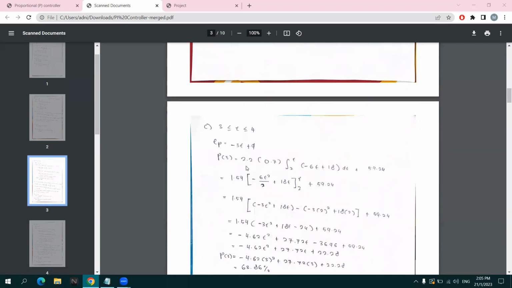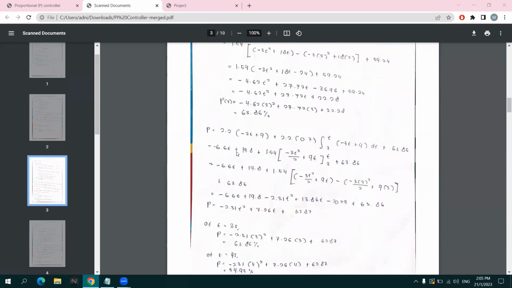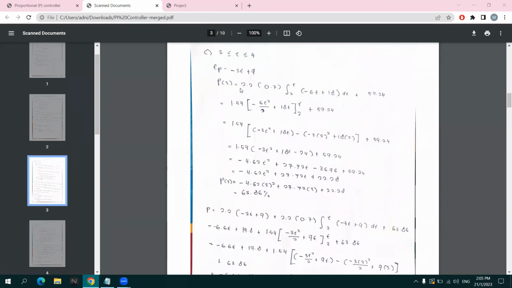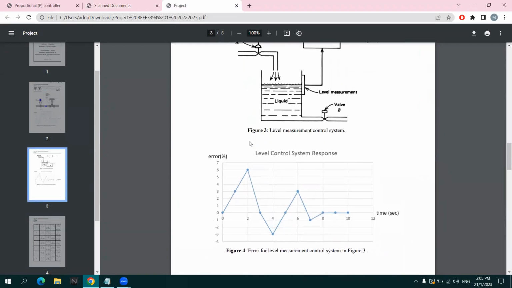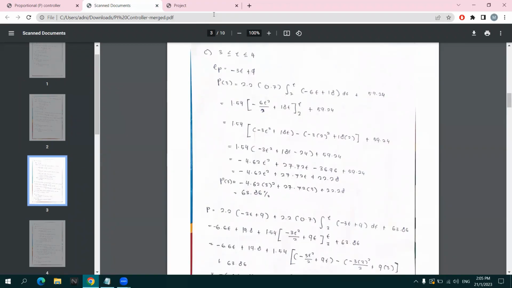Okay, as we can see here, we are looking for value P at 3 seconds, which we get here as 63.86 percent. Why do we do this? Because based on the graph earlier, we can see that the border, the limit is